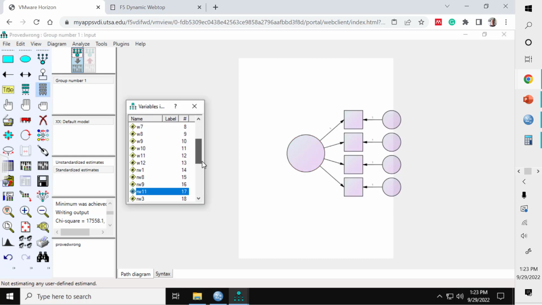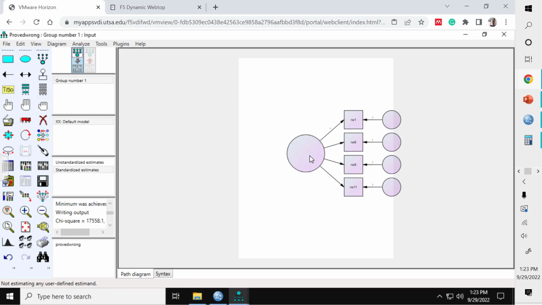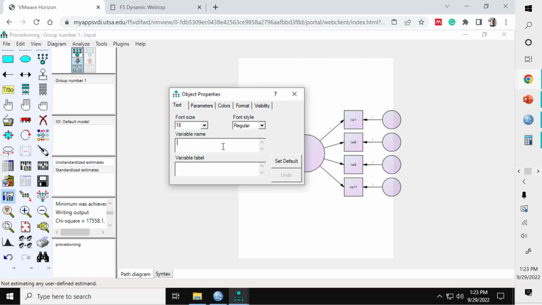And then I'm going to take items assessing what Dr. Wood calls authentic living. He has 4 items for that, and I'm going to pull those 4 items over there. So 4 items to measure the construct. I'm going to go ahead and name this latent variable authentic living,